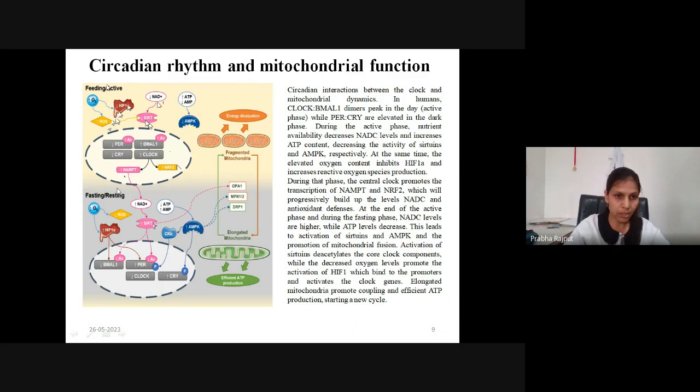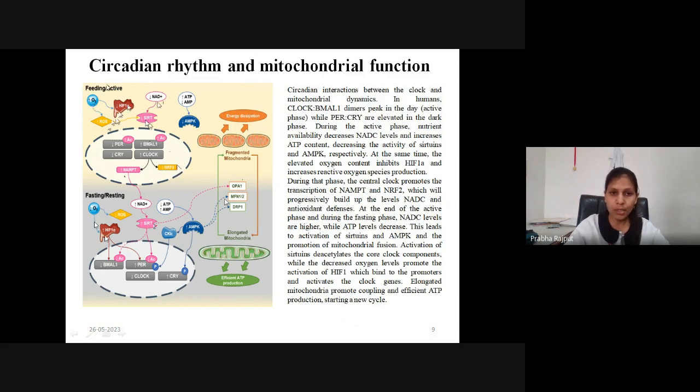Here we can see the case of fasting or resting, when we are not eating anything or when we are resting. At that time nutrients are not available, your oxygen level is less, and your reactive oxygen species will also be less. Your hypoxia inducible factor will increase, and all these mechanisms finally increase a certain pathway, which is responsible for increasing AMPK together with the downregulation of clock genes, like these two specific clock genes, CLOCK and BMAL1, and increasing period and cryptochrome. All these increase AMPK to produce more energy or to regulate